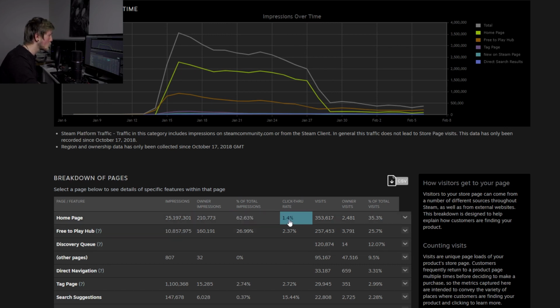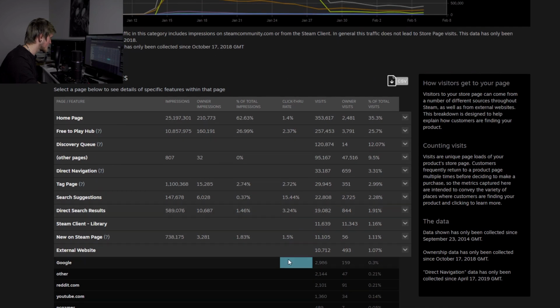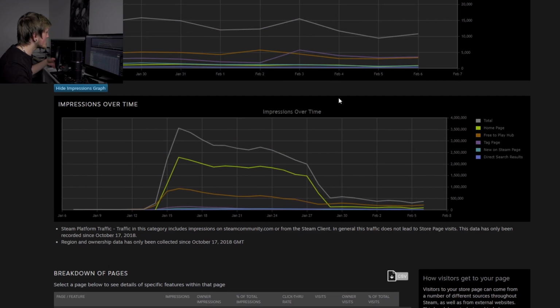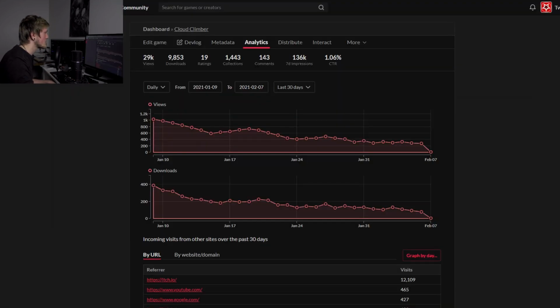You can see from the home page the click-through rate is 1.4, free-to-play hub is 2.37. So discovery queue and some of these other areas like external websites are probably inflating it just a little bit. Probably not that much though. It's probably not super significant, but in any case,